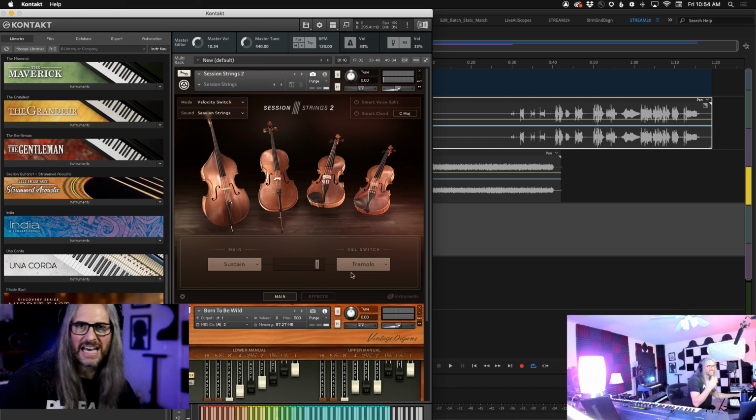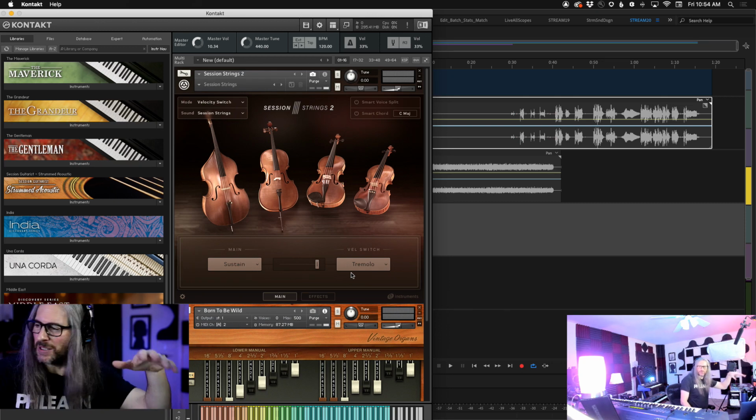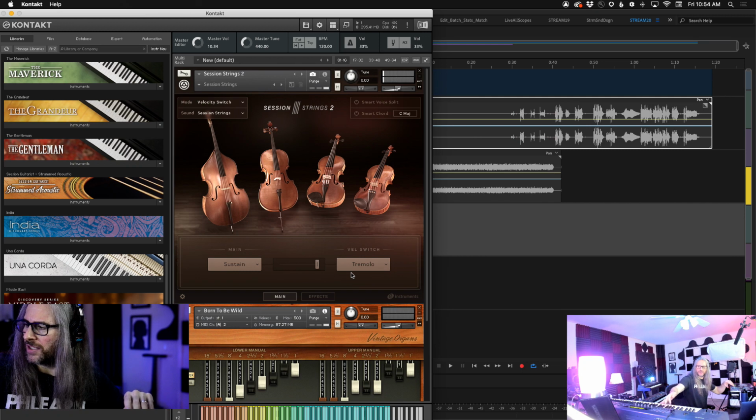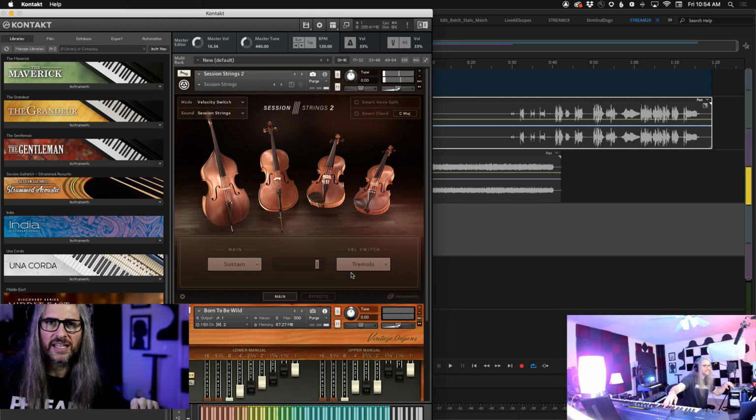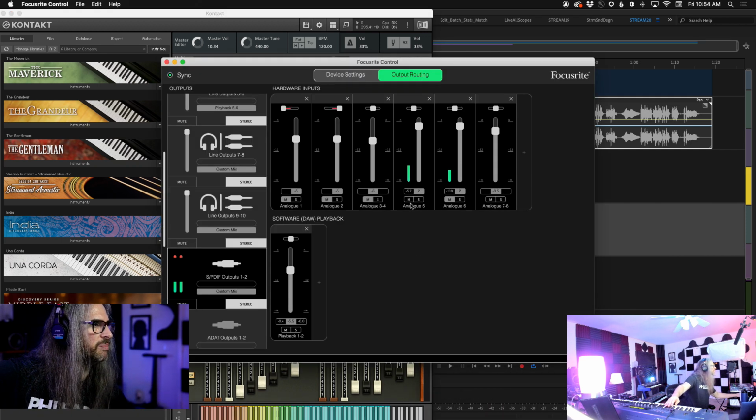There we go. Had to select the velocity. So again, this is all velocity sensitive, aftertouch sensitive. So you have to set the level at which, and I'm playing these pretty percussively. Also, I haven't tweaked any of the settings on this, so this might even be slightly too responsive. All right, let's mute myself. Here we go.